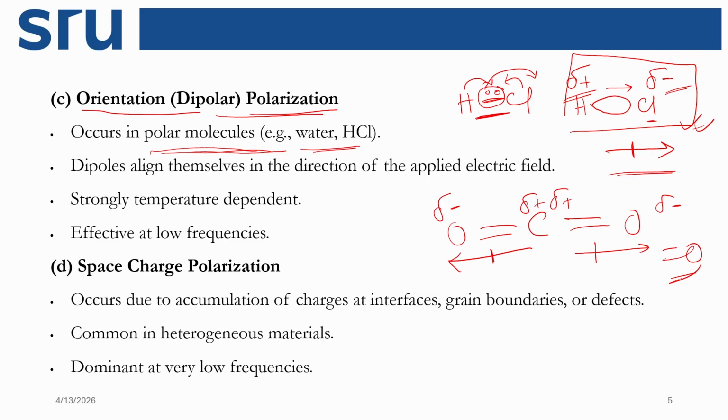So dipoles align themselves in the direction of the applied electric field. When a compound has a dipole, the dipole can be oriented in the direction of the applied field when you apply the electric field. Then we get what is called orientation polarization. Orientation means the dipoles in the compound will orient towards the applied electric field. Whatever polarization we got, we call orientation polarization or dipolar